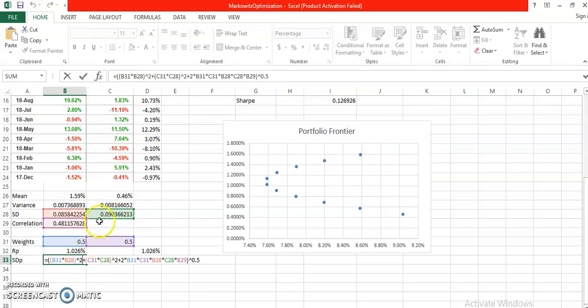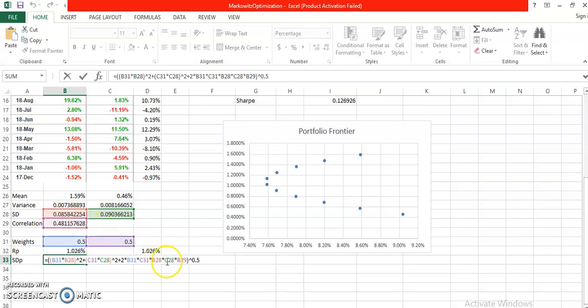Similarly, the weight of Facebook and the risk of Facebook are multiplied with each other and they are squared. Then we add 2, then the individual weights of these two, this B31 and C31, that is 0.5,